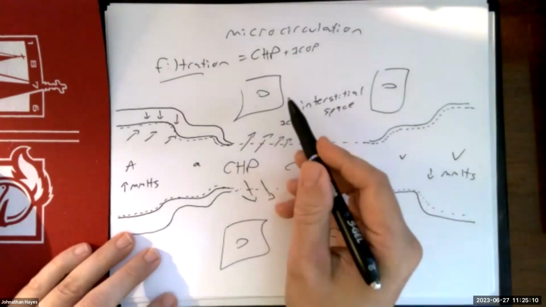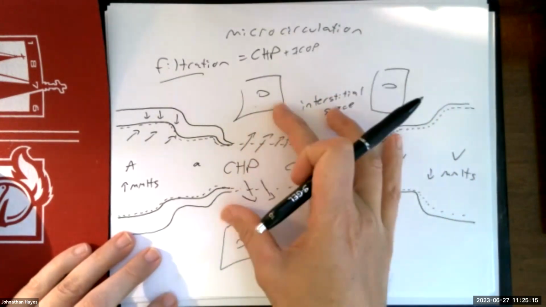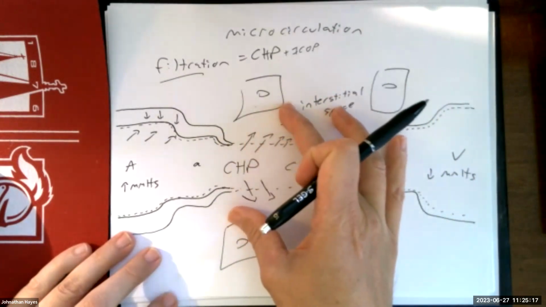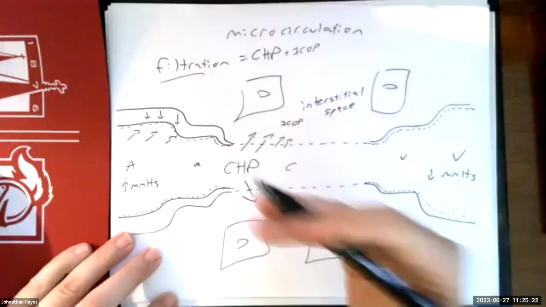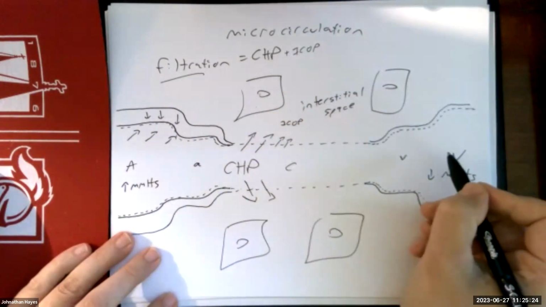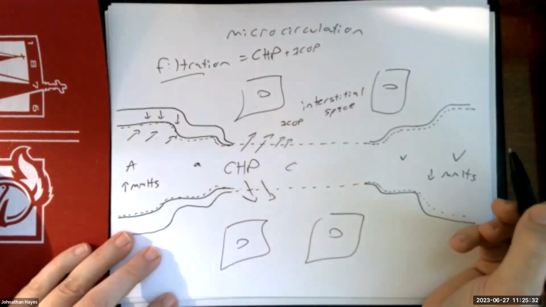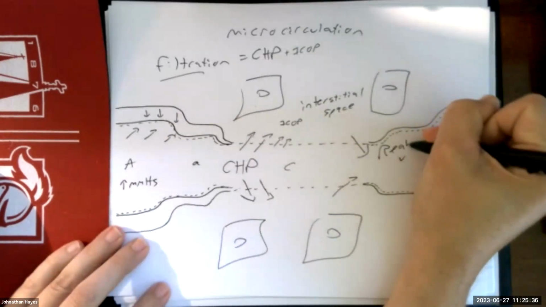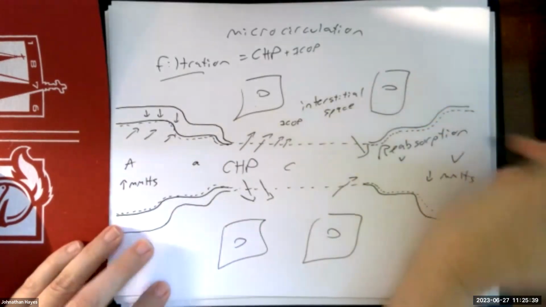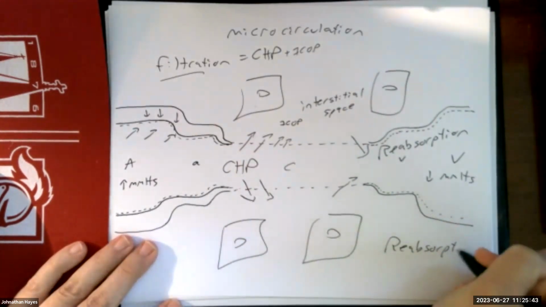We can't just leave the fluid out there or the body would just swell, right? So we need to deliver nutrients, let the cells metabolize, and then we need to pick that fluid back up again. And with that fluid, we'll bring in any waste or metabolites so the blood can then carry it to the right organ or system to remove it, and maybe any type of products that we need to deliver elsewhere, right? So to get fluid back in, we go through a process called reabsorption,